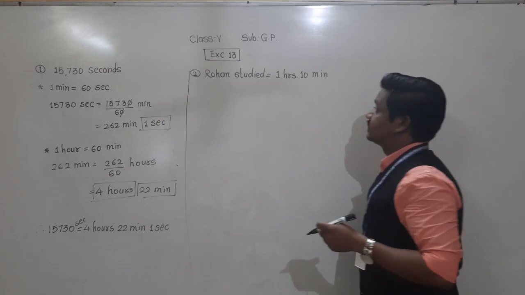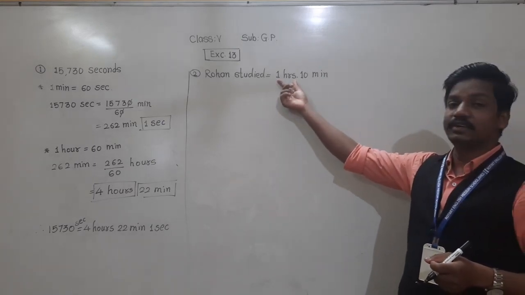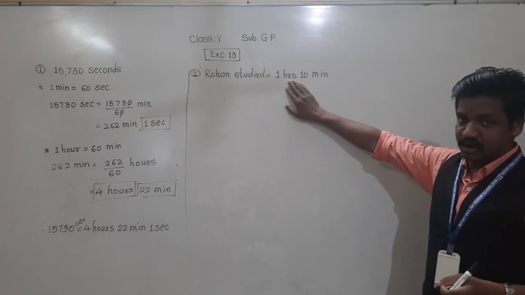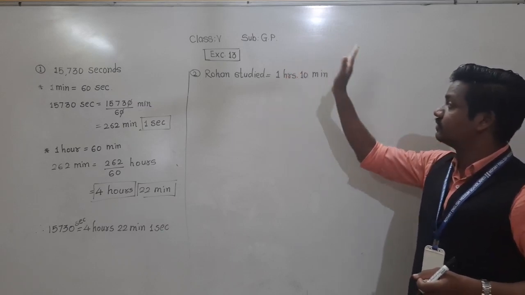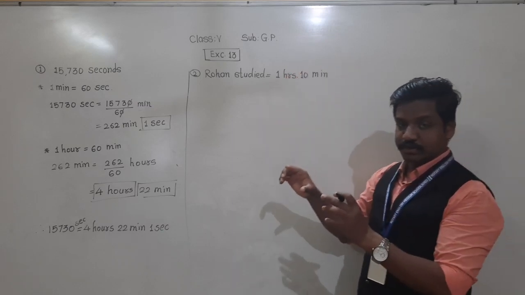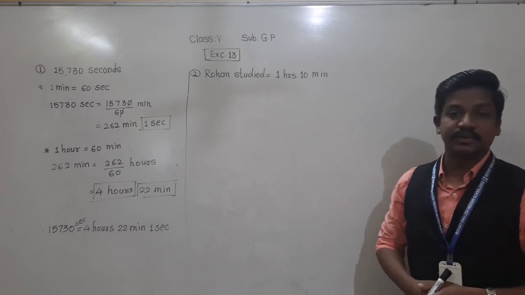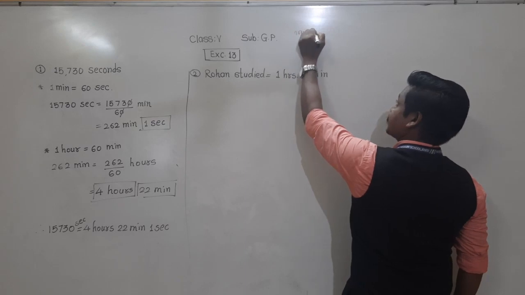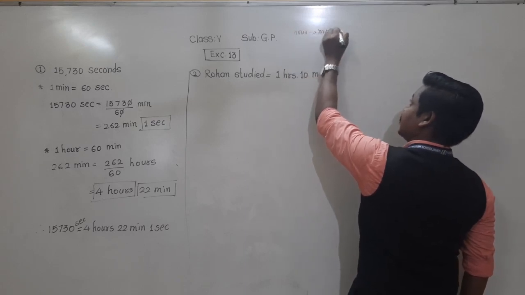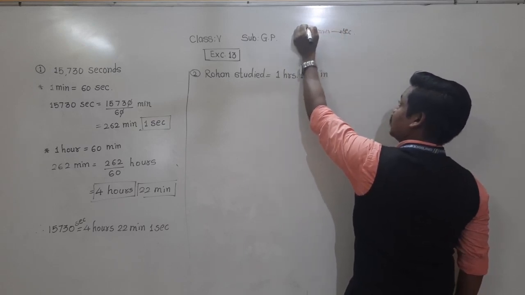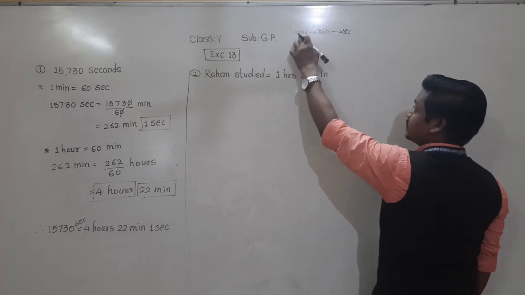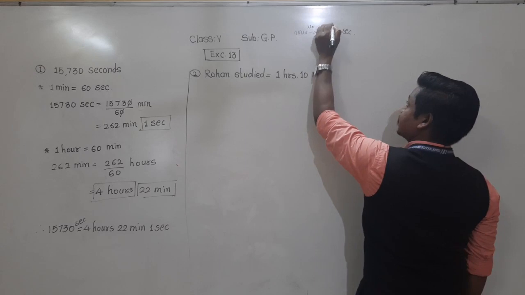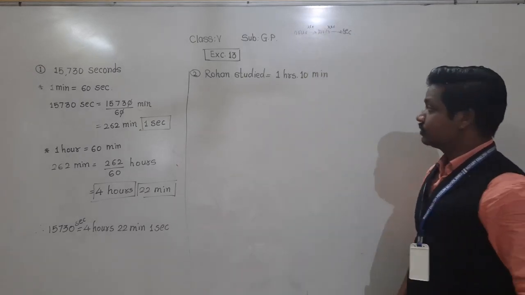So first see here. The time is given in hours and minutes. 2 units are there. Which one is greater? Hours. So first hours we will convert into minutes. We will find total minutes, and that total minutes again we will convert into seconds. You know the sequence: hours, minutes, and seconds. When we are converting bigger to smaller, at that time we multiply by 60 in this case. This you can write down in the notebook.